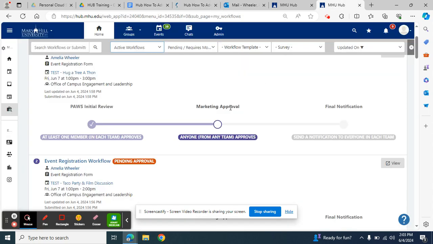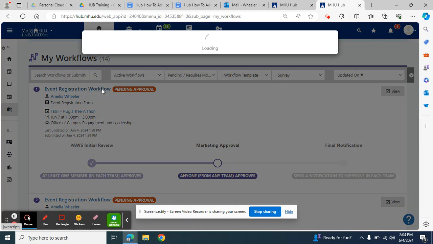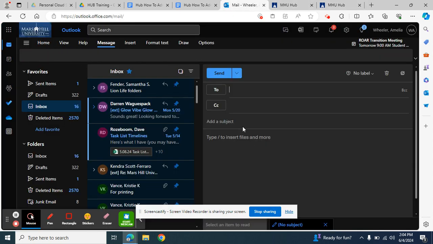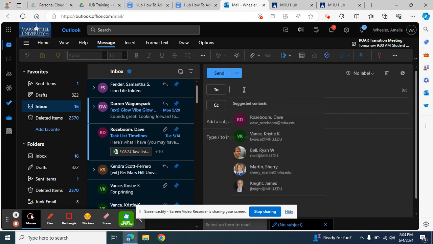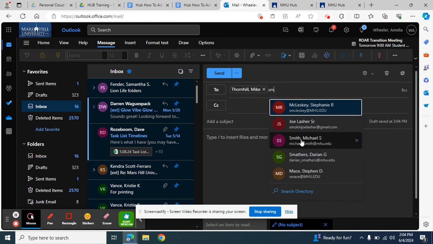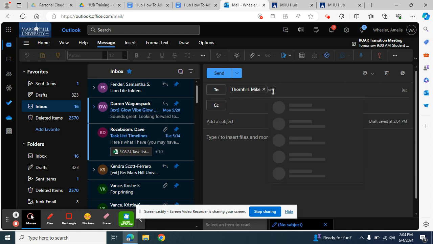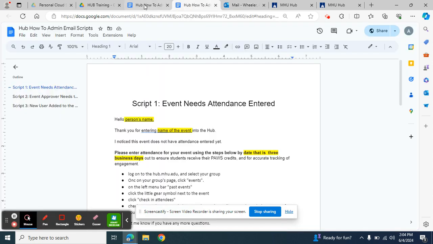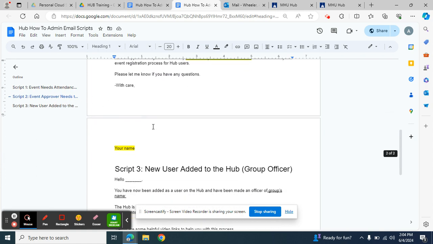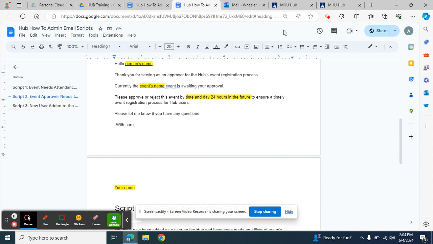So how do we know who that person is? All we have to do is click the event registration workflow, and we can see it's Samantha and Mike. So we can go to our emails, write them an email, Mike and Samantha. And you can just say something like event registration. And then I have an email script that you can copy and paste and just update with your information and